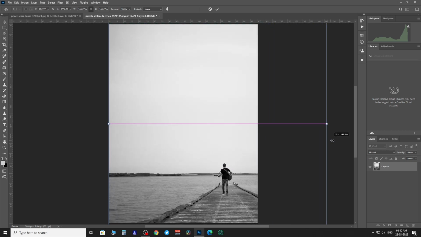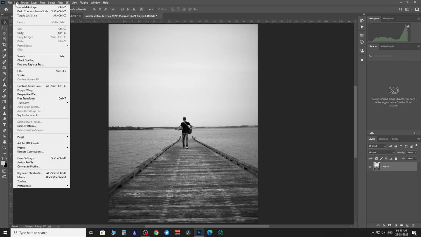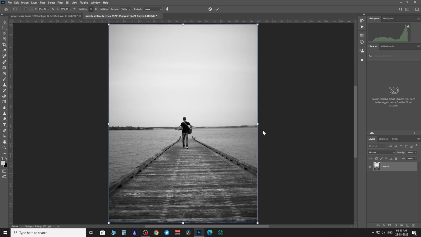But this will scale up the image uniformly. To change the orientation of the image from portrait to landscape, without distorting the subject, you have to press Shift, and then drag the bounding box from both sides.